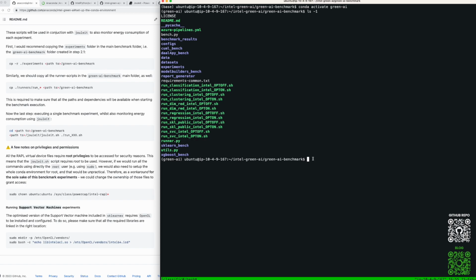The jowl.at script lives in the parent folder. So we go like ../jowl.at.sh, and then ./run_classification_intel_opt_off.sh. We hit return, and this will automatically run the script for us. There won't be any output till the very end, where we get the output of jowl.at with a table